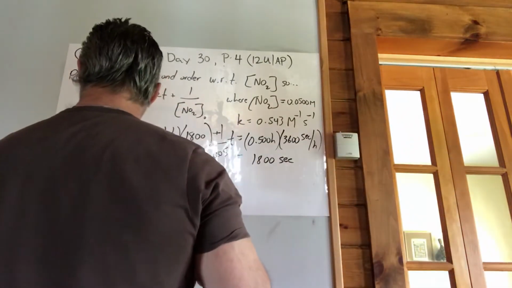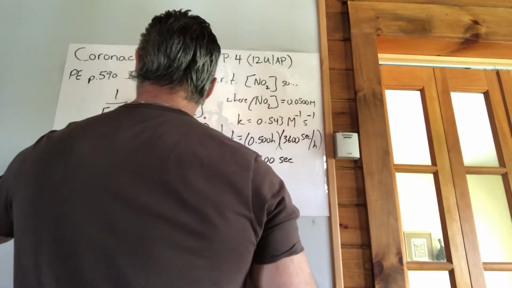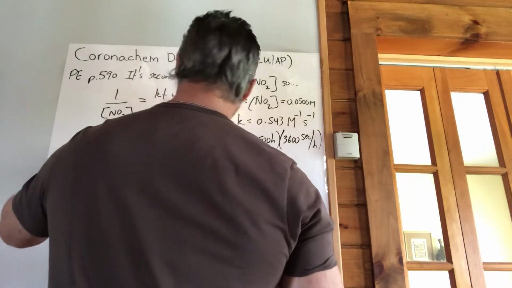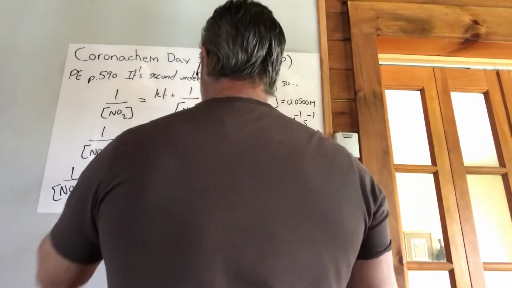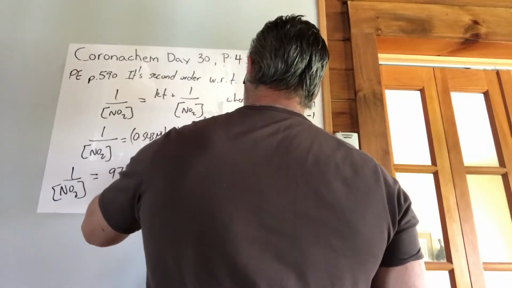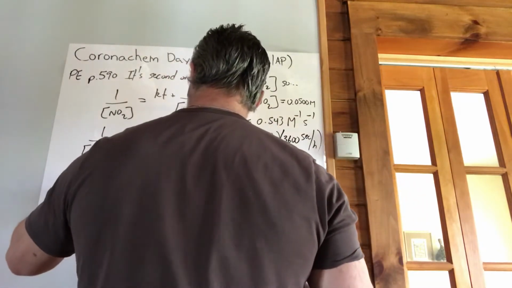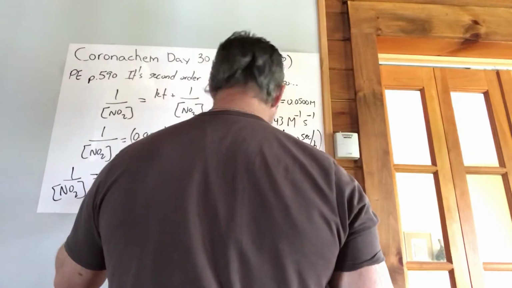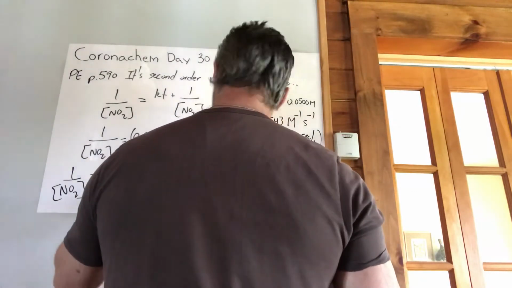So that turns out to be 1 over NO2 equals 977.4 plus 20. When you take the reciprocal of this, it becomes 20. So the answer is 997.4. So the NO2 concentration after 1,800 seconds equals, if you add up all that stuff together, you get